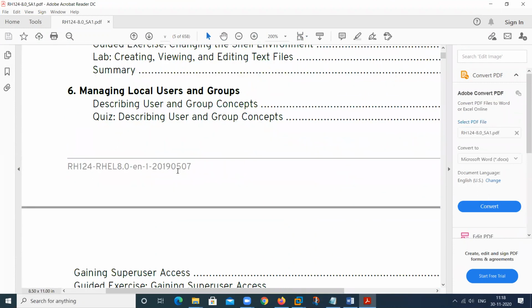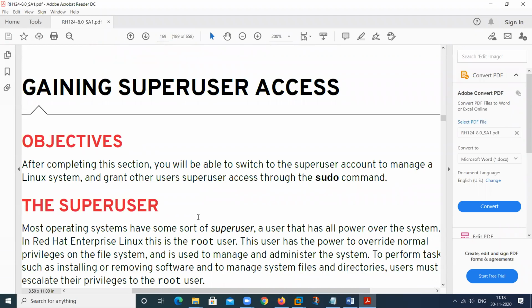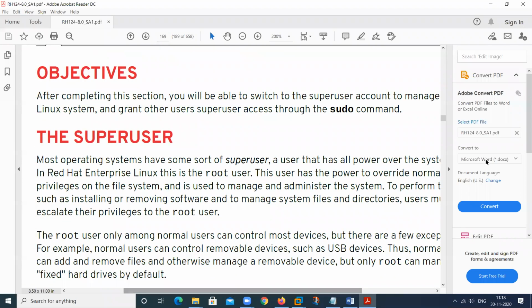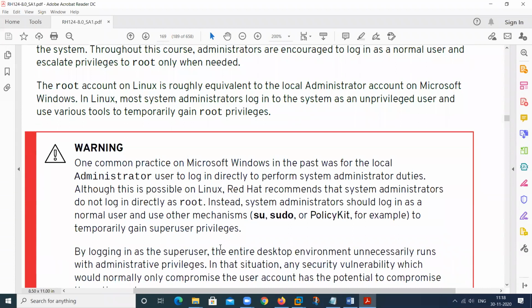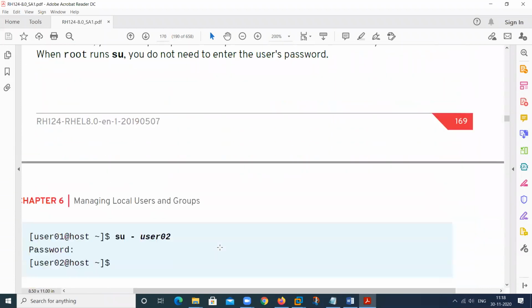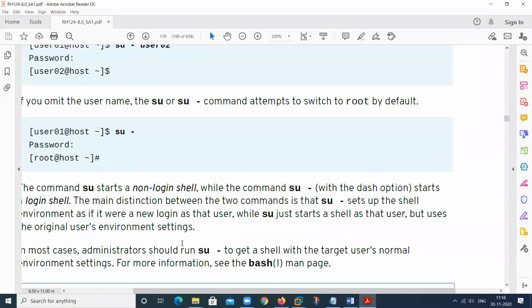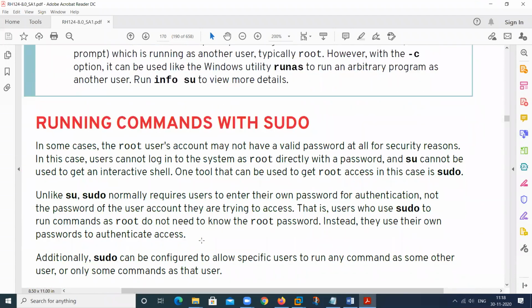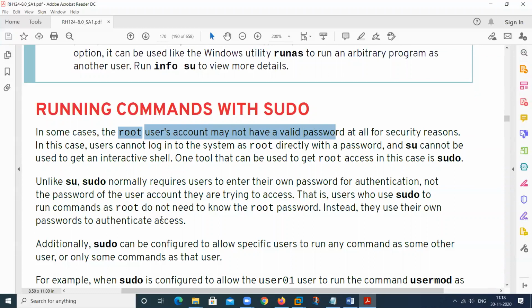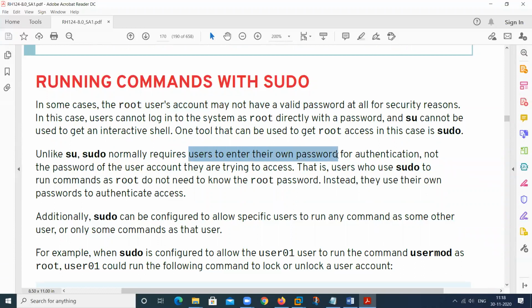I will check this one. It will ask you for your own password for authentication, not the password of the account you are trying to access.